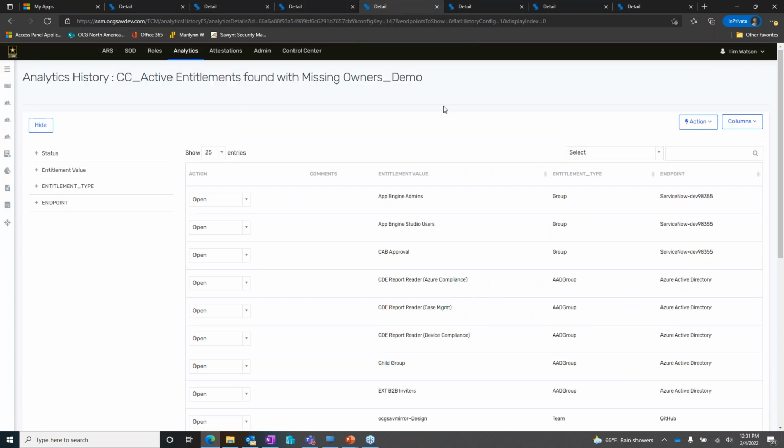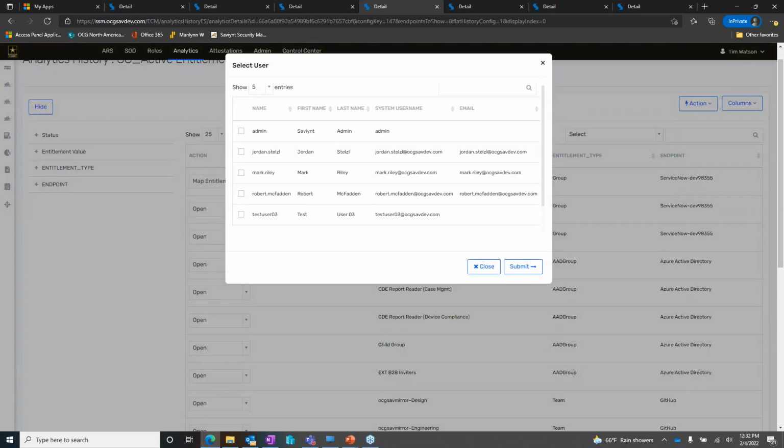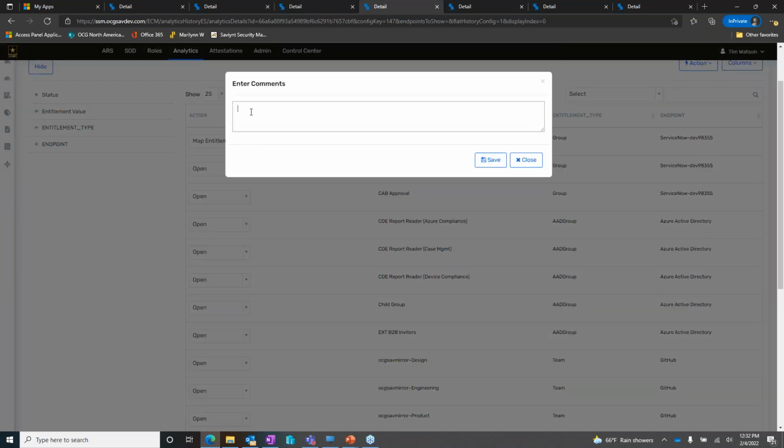So similar to accounts, we also have entitlements. If we're doing an entitlement review, we want to make sure every entitlement has an owner, or it's going to be left out. So very similar. I'm going to map my entitlement owner to a person. This one I can say should be test user 3. I can submit that,